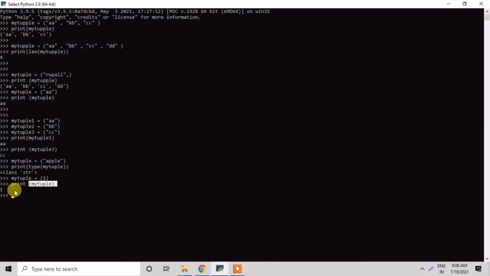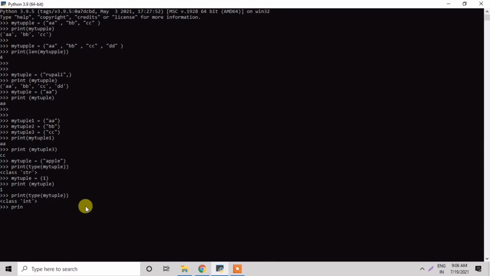We have to write type here, so we'll write print type of my tuple. The answer is int. Int is known as integer, as the number 1 is an integer.